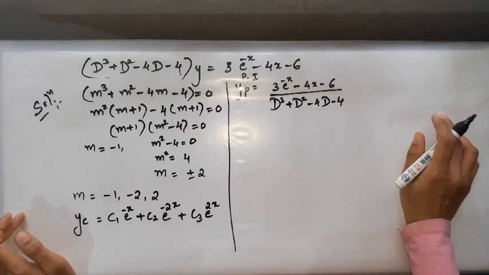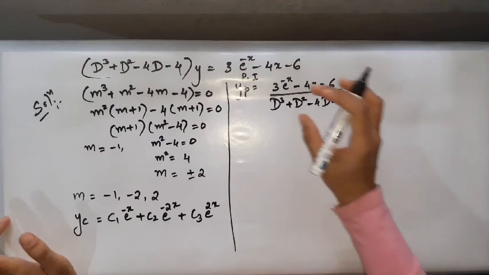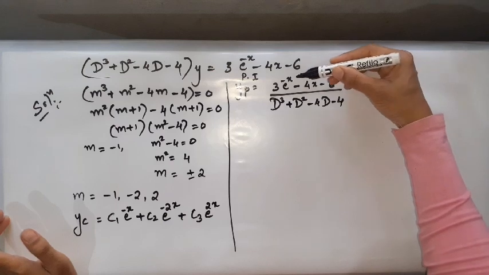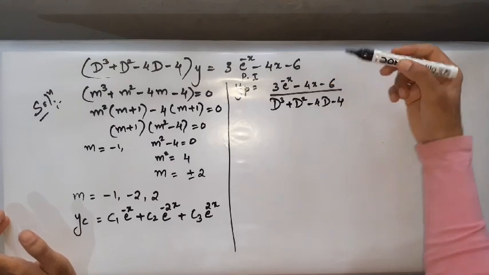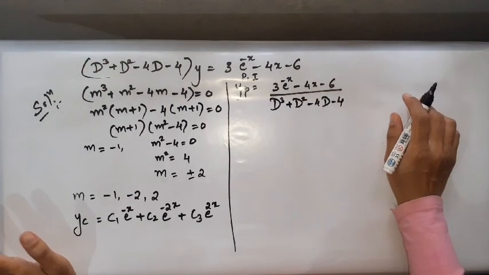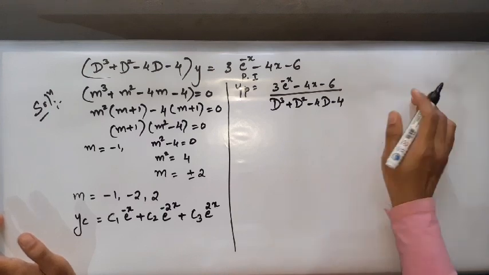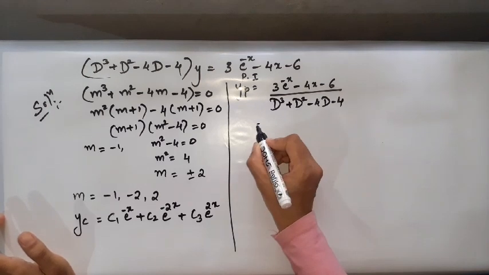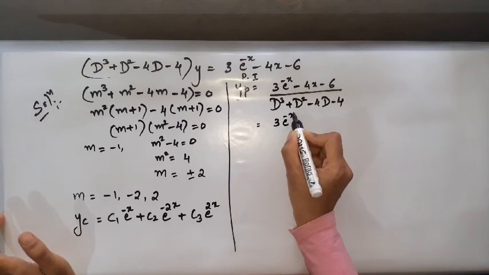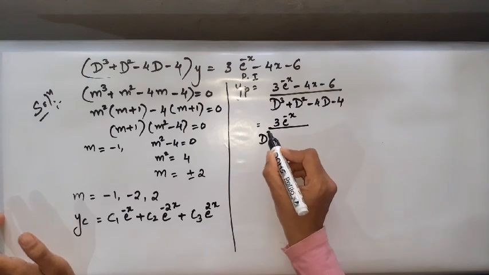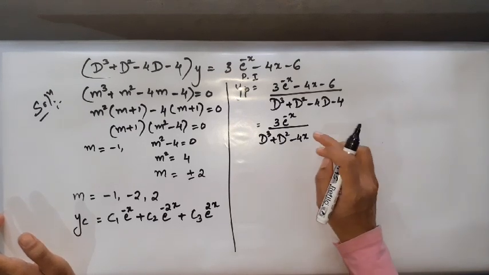Okay. Now since there are 3 terms in the numerator and one is an exponential term, as you see it is e to the power minus x over here, and 4x minus 6 you can treat as a polynomial, it means it's a combination of 2 types. So for that, we'll separate as per our rules to solve. Now see, we'll separate for e to the power. So I can write the same yp as 3 into e to the power minus x divided by the same denominator, D cube plus D square minus 4D.